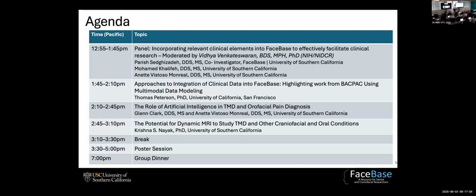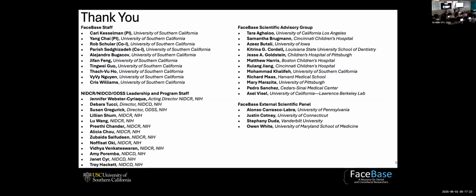So we'll have a very rich discussion about the different parts of how to integrate the clinical and the imaging data together to enhance the ability for FaceBase to support translational study. And then we'll wrap up the afternoon with a poster session, and then with a group dinner.